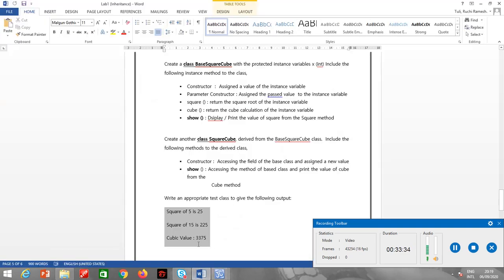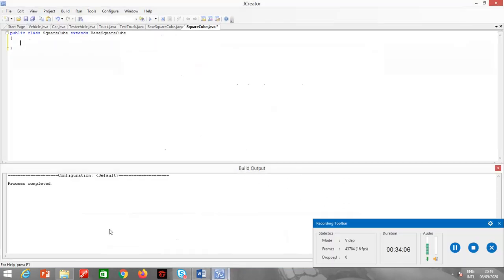Alright, next is it should have a constructor. Now if you see in the parent class, I have a parameterless constructor, I have a parameterized constructor also, right? But it does not have any instance variables. So for the parameterless constructor I am not concerned, because if it has a parameterless constructor, if I don't make a constructor in the child class, doesn't matter. But since it has a parameterized constructor, I must have a parameterized constructor in the child class also, although it will initialize the same variable.